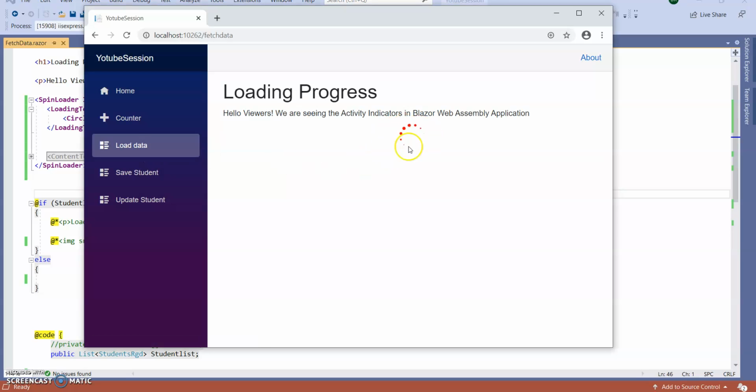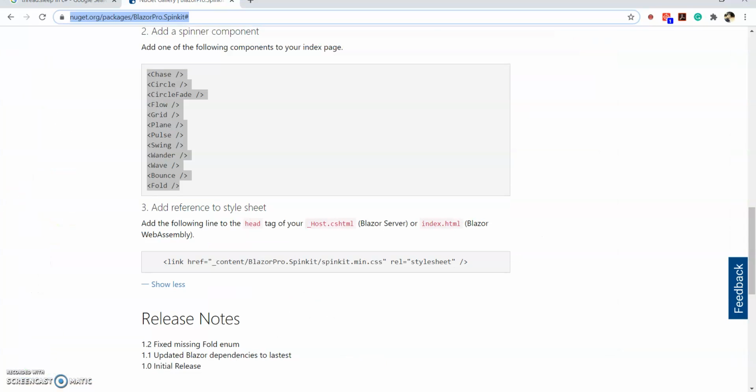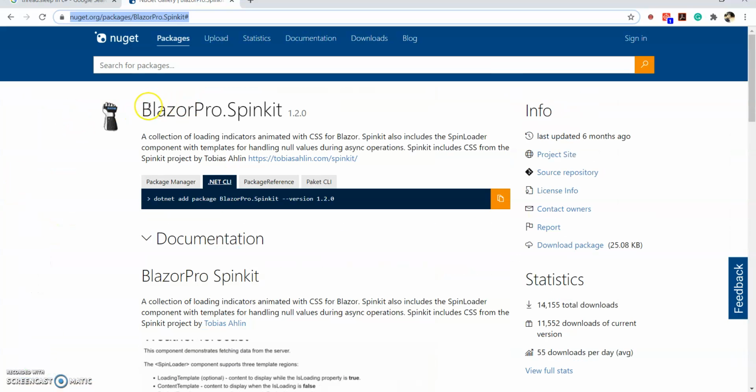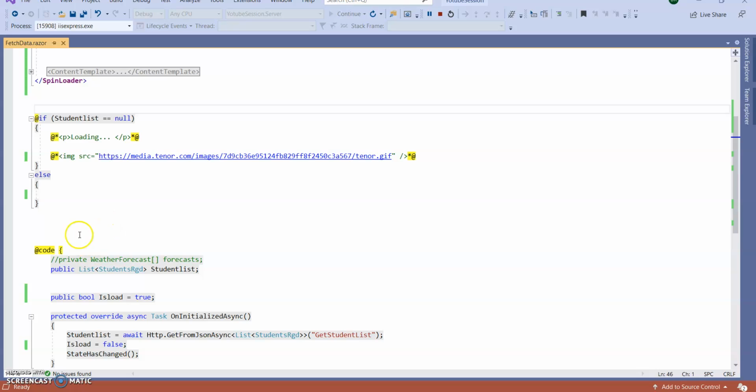It is coming in the center and the color is also red. After loading the data, it is getting hidden. In this way, we can use the BlazorPro.Spinkit NuGet package to display our loader, or we can directly use our traditional method: if the property is null, then display the loader image.